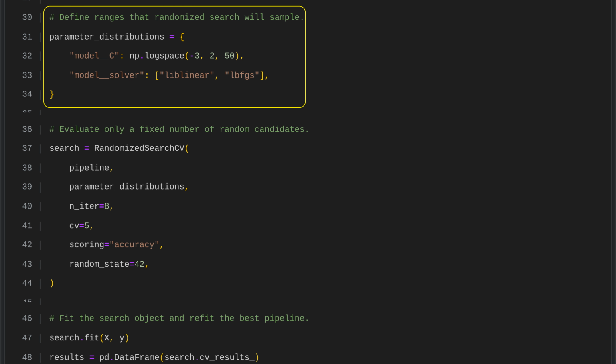We set up the randomized search by defining key logistic regression options. The regularization strength is sampled across 50 values, from 10 to the -3 up to 10 squared, giving the search a broad range to test. We also allow 2 solver choices, liblinear and LBFGS, so the search can identify which optimization method works better for